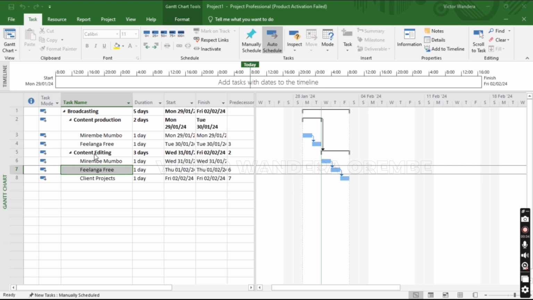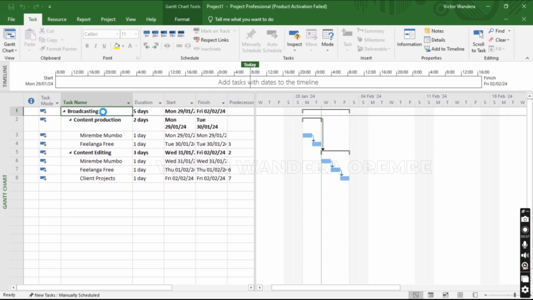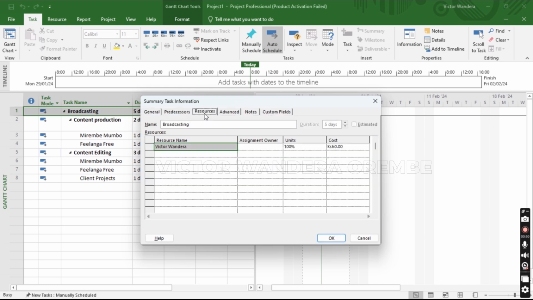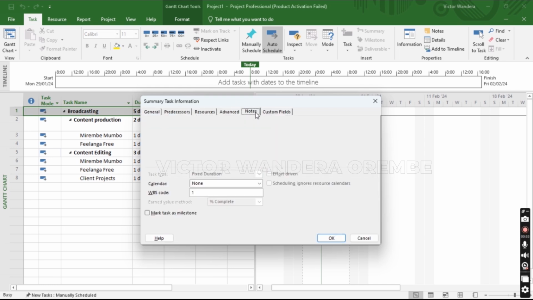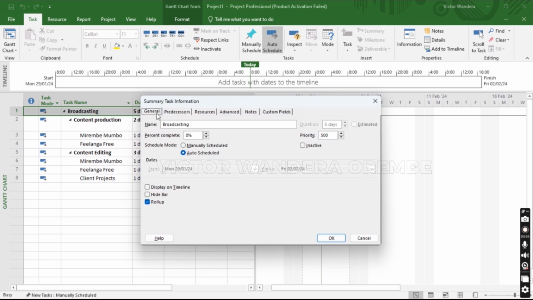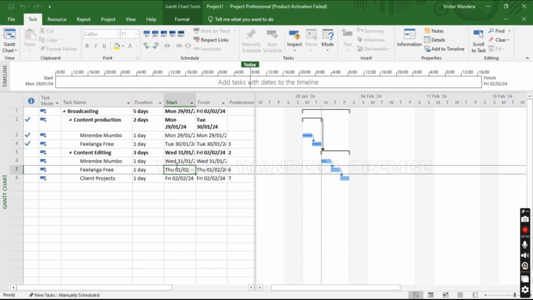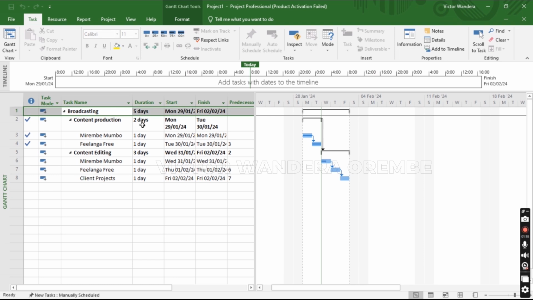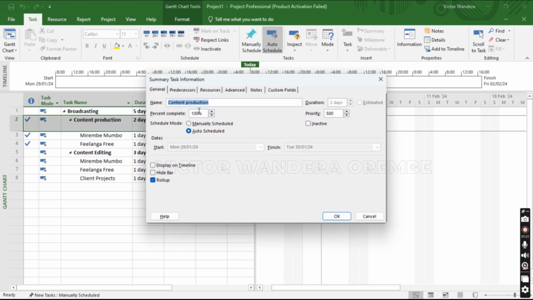For this case, if you want to update those details, double click on a task and it opens up this screen. You have general, predecessor, you have resources, you have advanced, you have notes and custom fields. For this case, under general is where we want to update the details of percentages of complete. If we've finished the project halfway, we can just update this to 50%, then click OK. We've just said that broadcasting has been completed 50%, and in those 50%, let's say content production has been completed